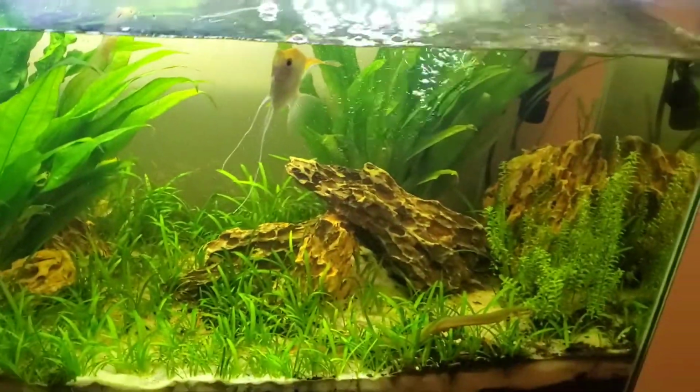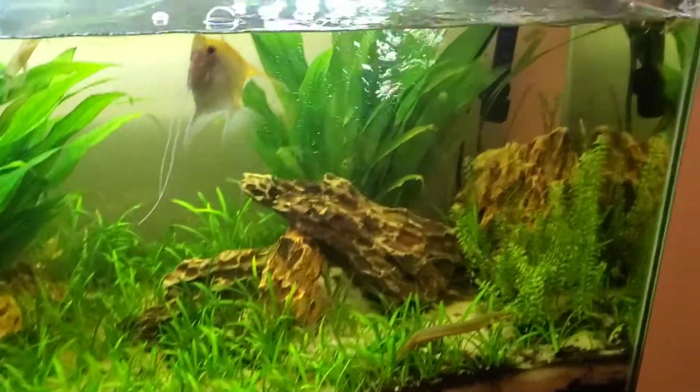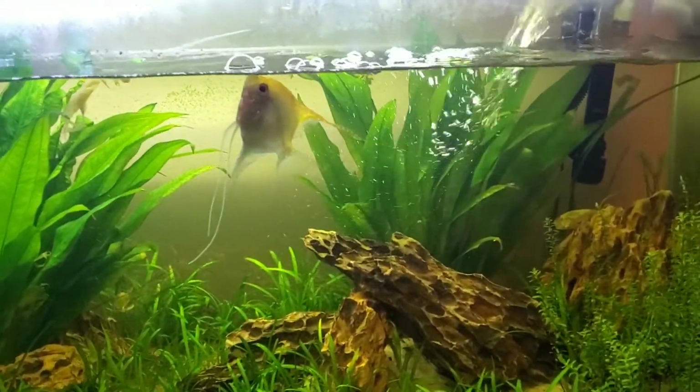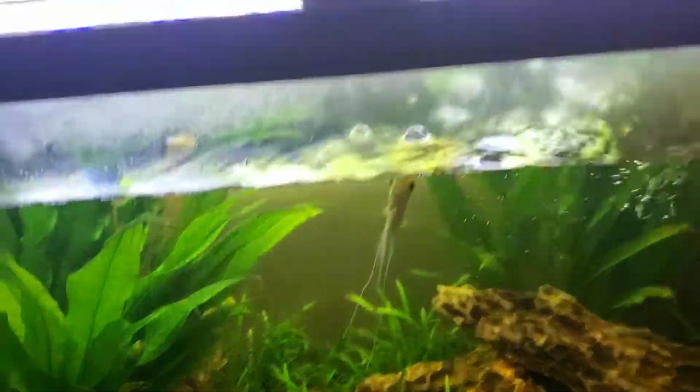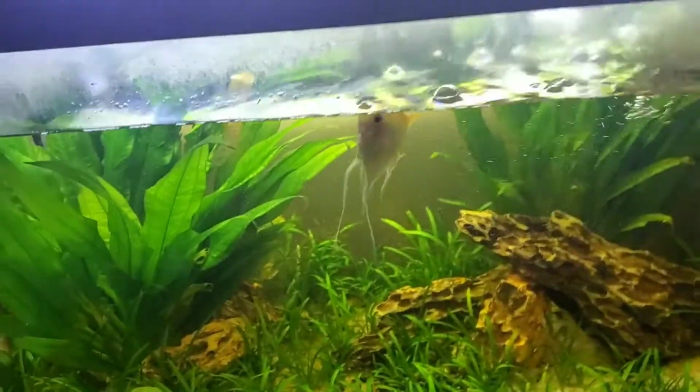Today we're going to be doing a feeding of all my pets. This one we're doing the angelfish and the reed fish. The plecos just eat the zucchini that I dropped in there. So for the angelfish, I just feed him some